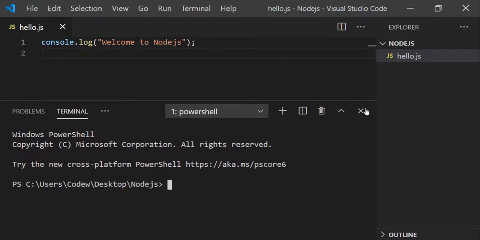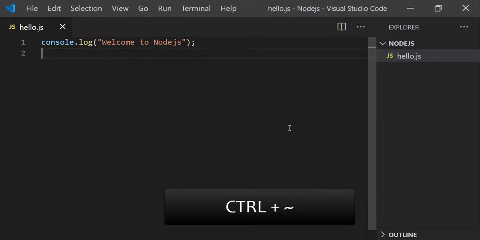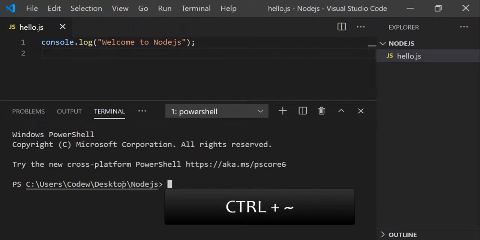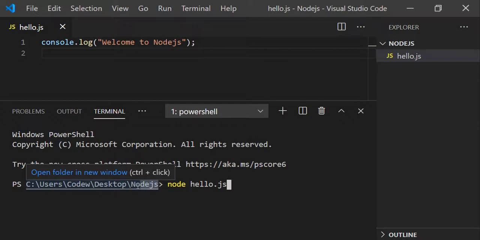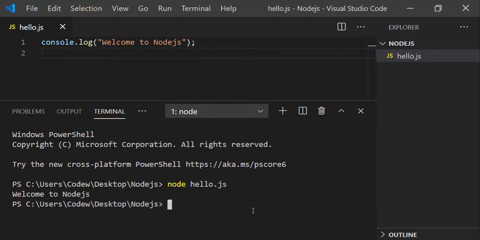Otherwise, you can press control and tilde, which also opens the terminal. Here you write node space and the file name hello.js. Make sure that we are in the folder where hello.js is available. And you can see welcome to Node.js.